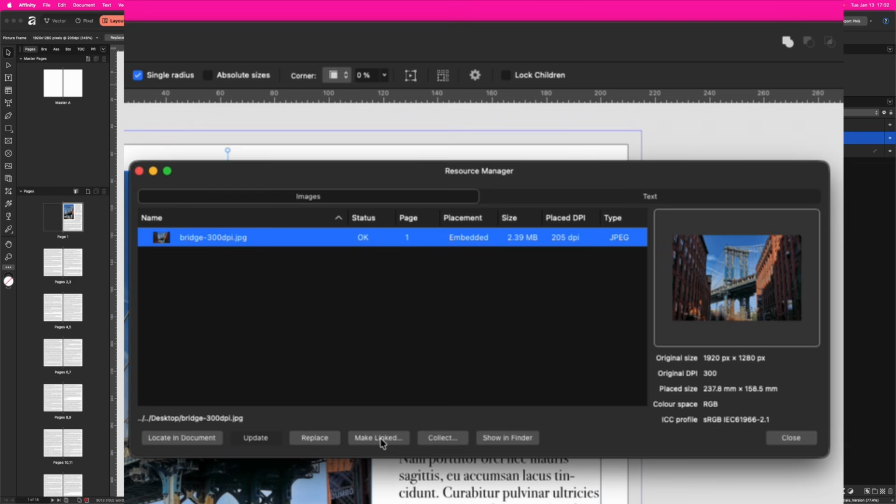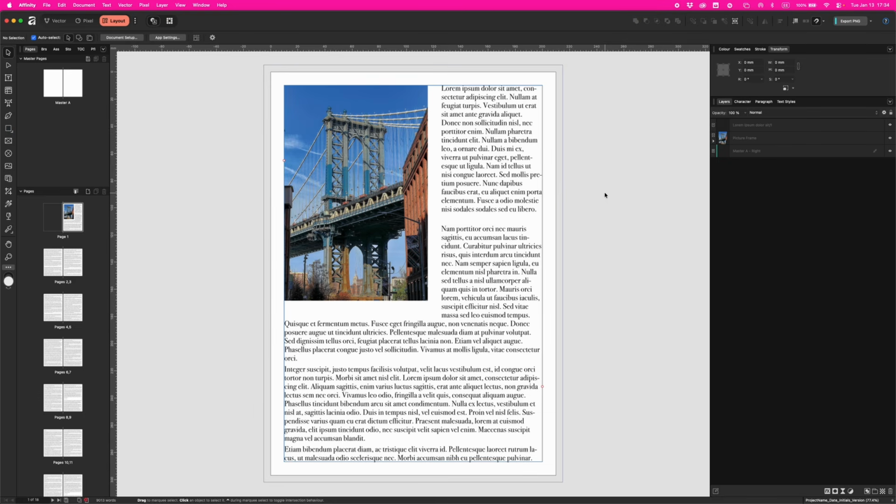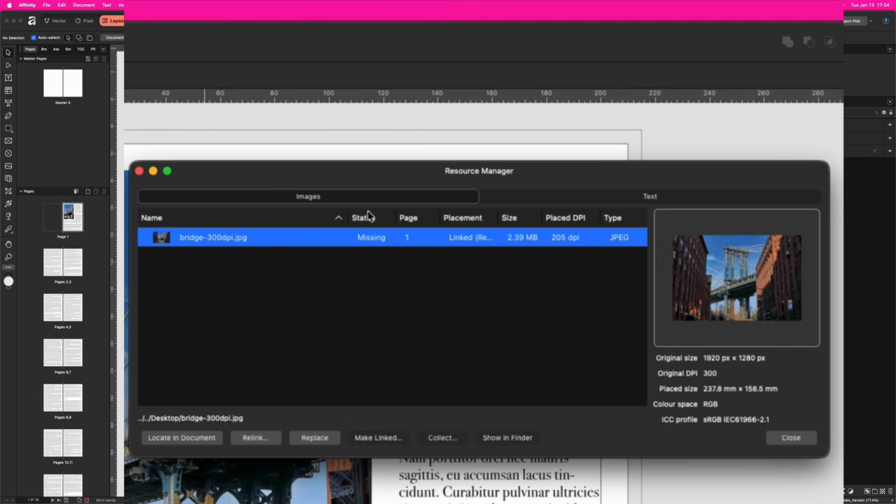Linked keeps files smaller and it's perfect for teamwork. Everyone can access the same shared assets folder. But if someone moves or renames an image, it'll break the link. So if you are working in a team, keep all assets in a shared cloud folder and tell everyone, do not rename anything. If you need to fix a missing link, open Document, Resource Manager, and here you see it's missing